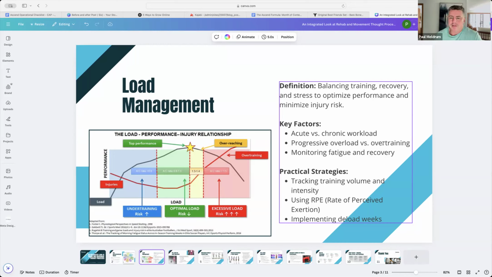Now, a couple of strategies we can use here for load management. We can track training volume and intensity, making sure people aren't going to do too far too soon, using RPE and monitoring that, and implementing deload weeks. I have a preferred strategy compared to this, which is rather than worrying about implementing deloads, RPE and tracking training volume and intensity, it's using good programming to begin with. Because it doesn't matter how good you are at tracking your volume and intensity, if the program to begin with sucks, that's a problem. But it's actually looking at how the load is managed. Okay, and this is a different concept.